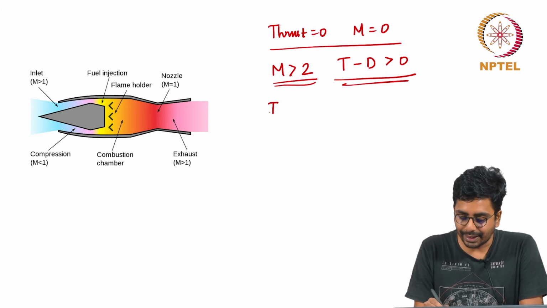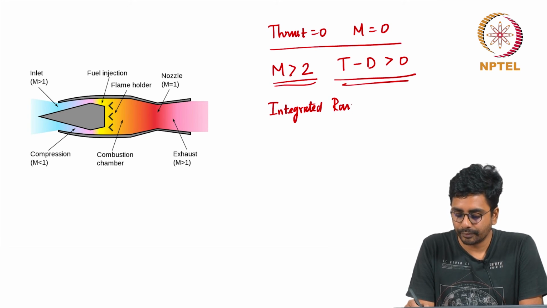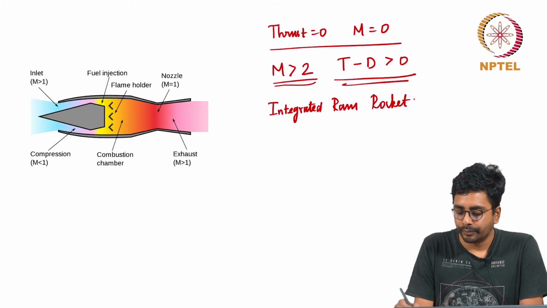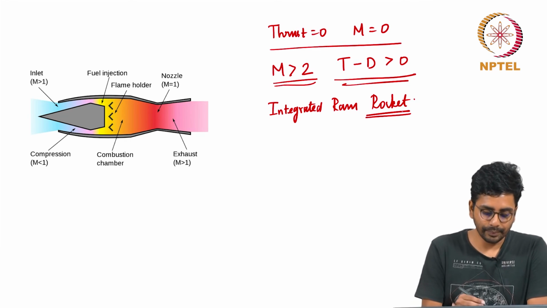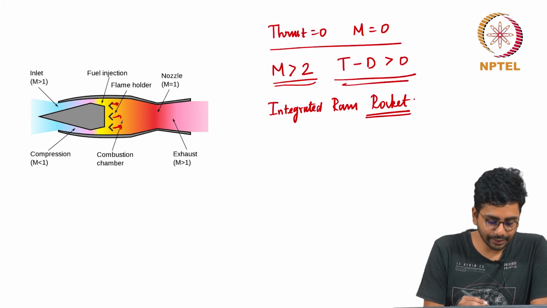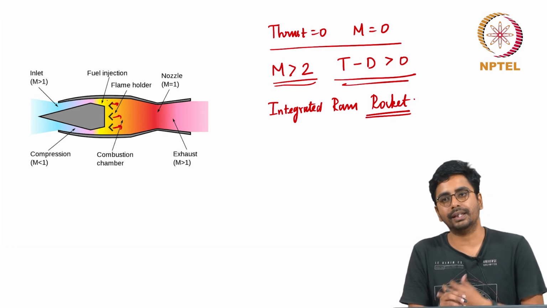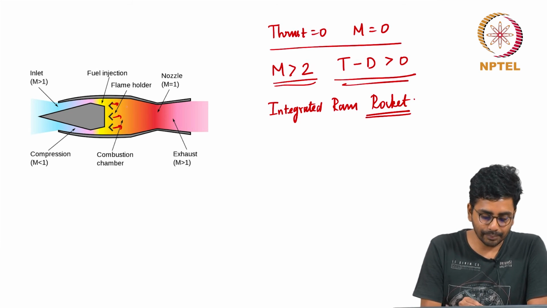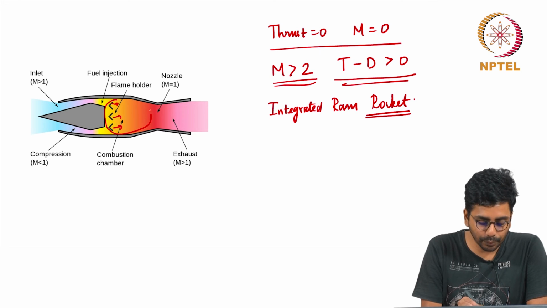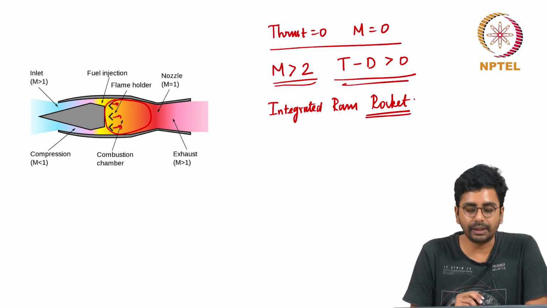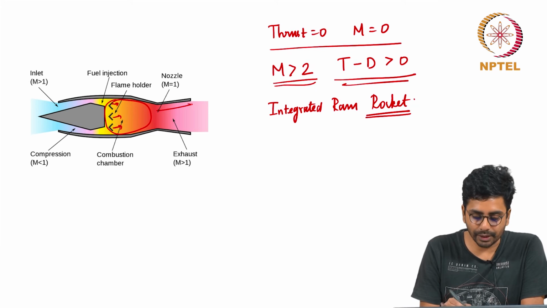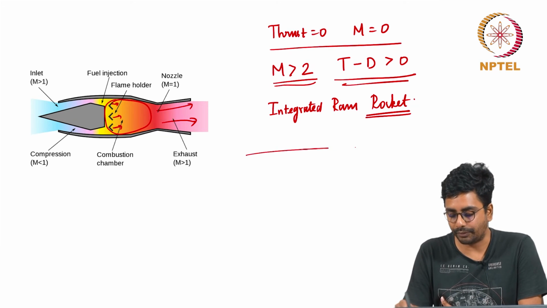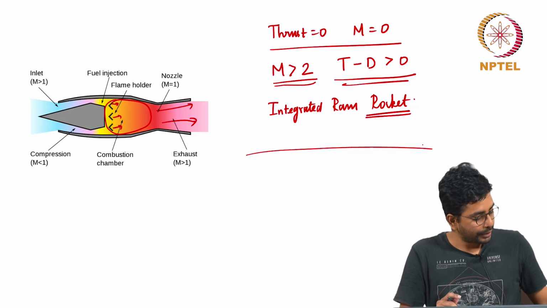Used mostly as an integrated ram rocket, where a fuel rich propellant burns and gives fuel vapors, okay, that mixes with the incoming air, which is decelerated to subsonic conditions, thereby increasing the pressure and the temperature, and combustion happens with the residue of the fuel rich propellant and the incoming air, which has been decelerated and therefore pressurized and increased in temperature, expanded through the nozzle to generate thrust. So this is the basic principle of operation of a ramjet engine, okay, and